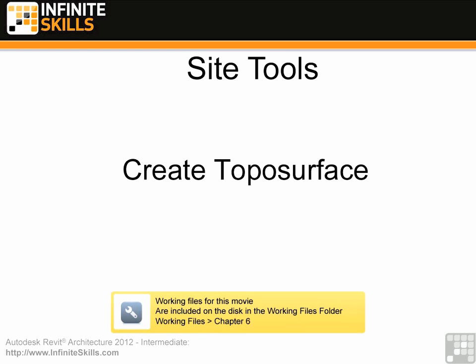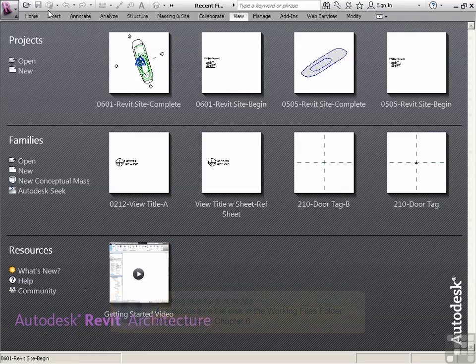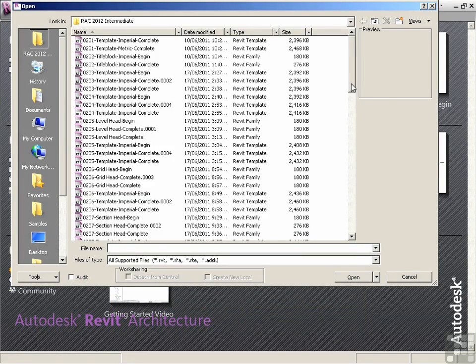So we're going to be creating a topo surface. I'm talking about the different ways that you can create topo surfaces. Okay, so we're going to start from